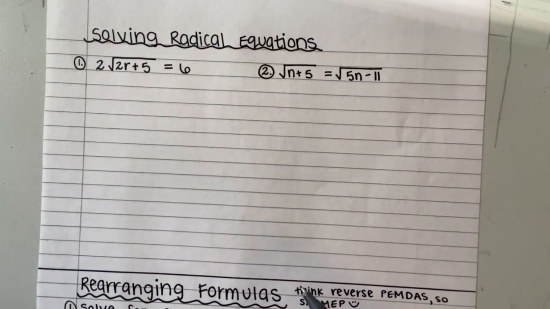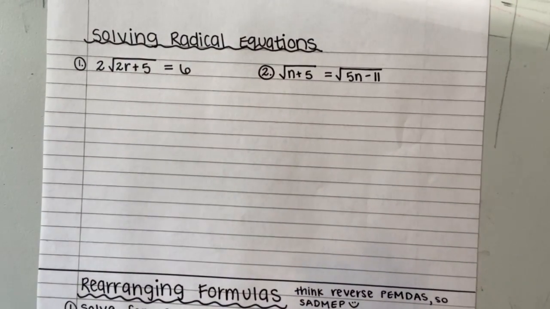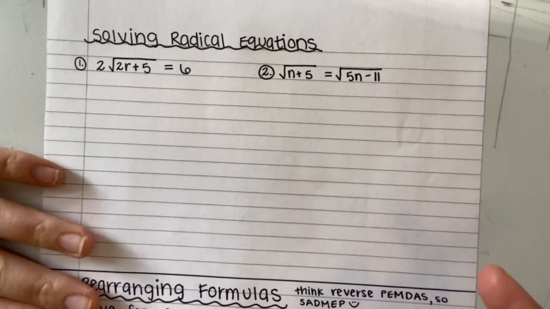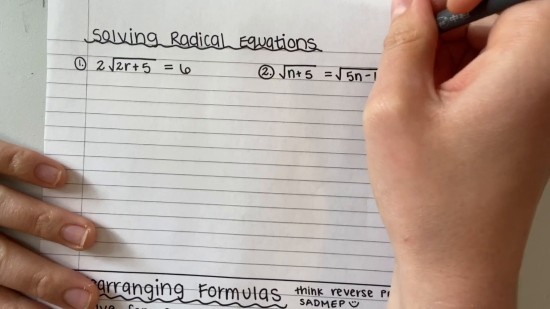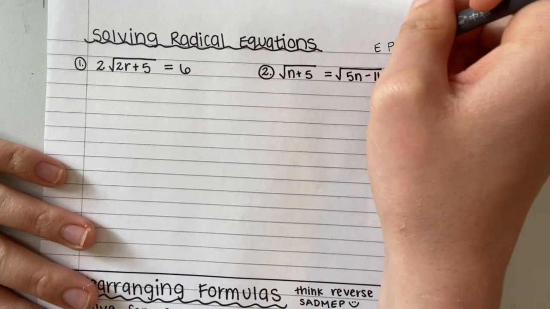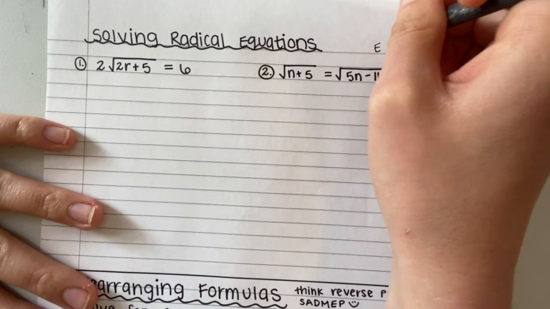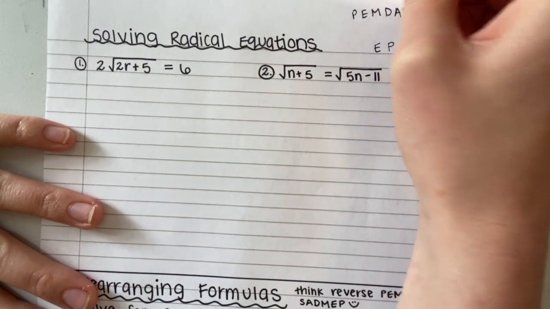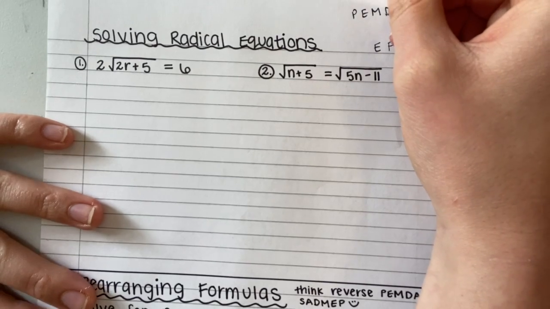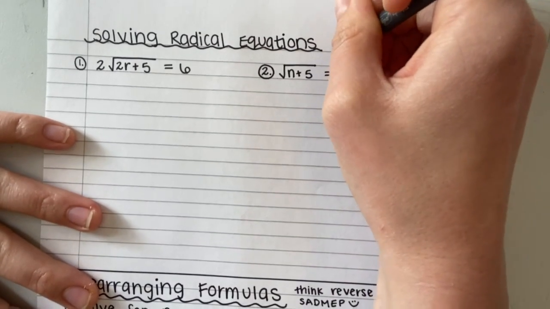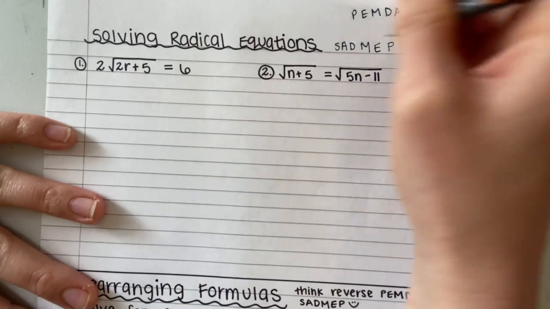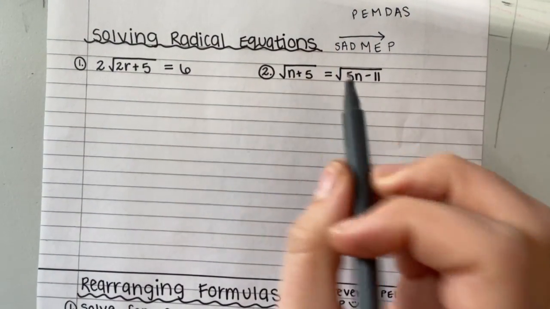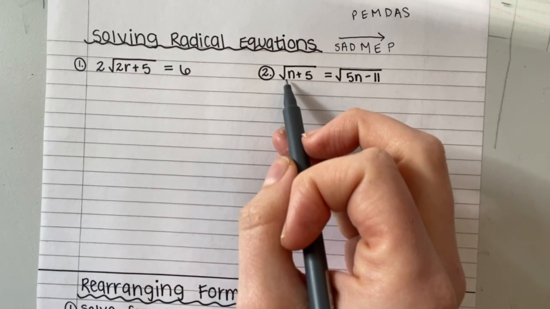So a lot of times when you learn how to solve equations, you can think about it as reverse PEMDAS, so the reverse of the order of operations. So if my order of operations is normally PEMDAS, then I know that SAD MEP is what I can think about when I'm doing the reverse, when I'm trying to figure out what a missing